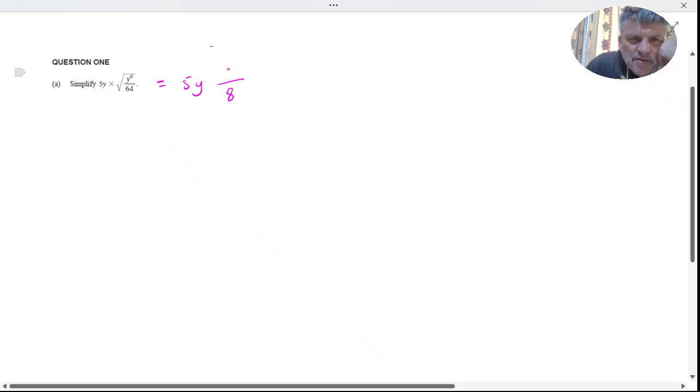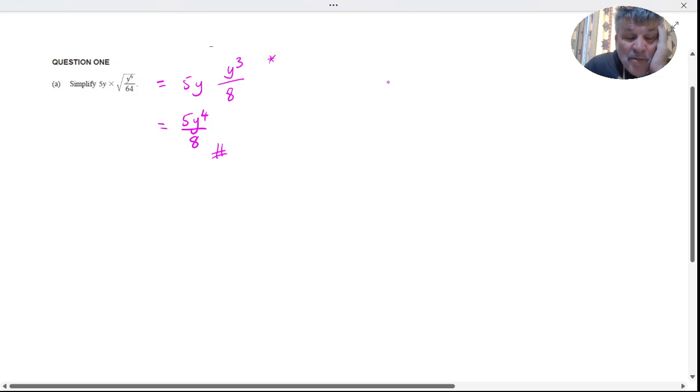The standard procedure is just to halve the exponent and get y cubed. And yeah, this is problematic. We'll come back to it. Y multiplied by y cubed is y fourth, so you end up with 5y to the power of 4 divided by 8. And I think the question's designed to be that simple. The problem is,